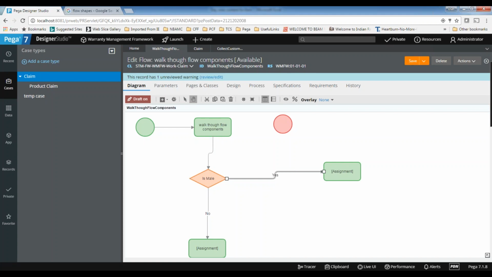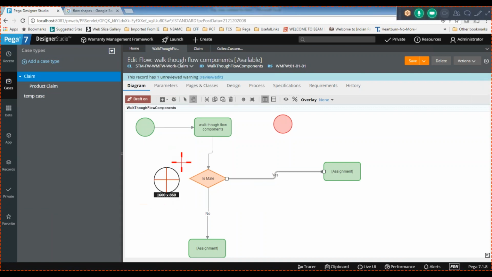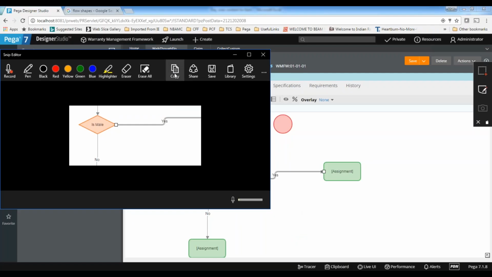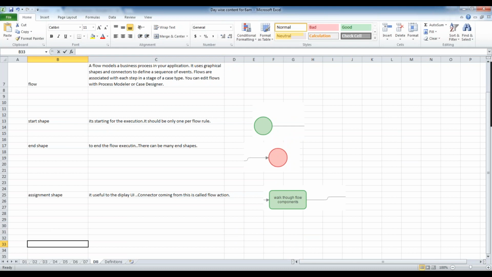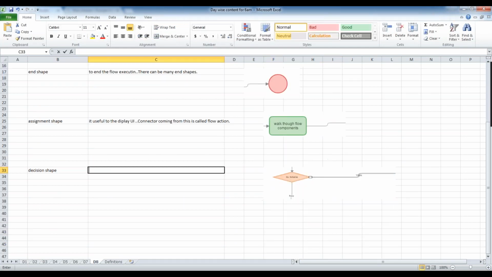So let's take this decision shape. This decision shape will be useful to decide the path during runtime based on the result of a decision rule.